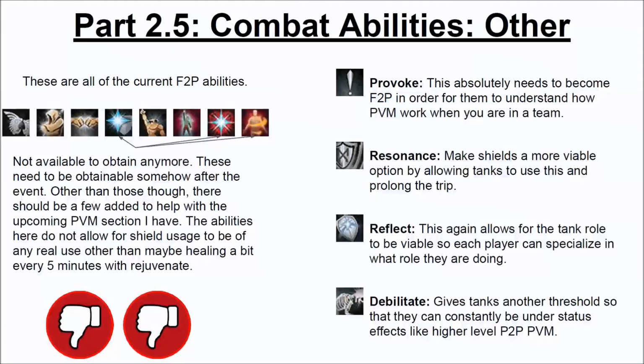So this slide goes much more so with the next topic that I'm going to bring up, and it's all about the other abilities, the defensive abilities that are much more geared towards actually tanking. And the thing is, we have three abilities that aren't even obtainable in free-to-play anymore. You could only get them from the Tuska event, so those absolutely need to be made obtainable in some fashion after the event. But the four main ones that I want to talk about adding to free-to-play are Provoke, Resonance,